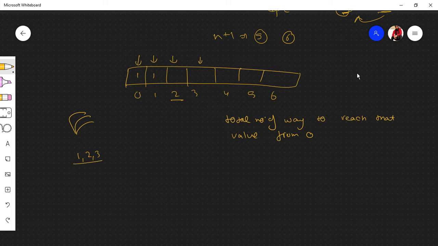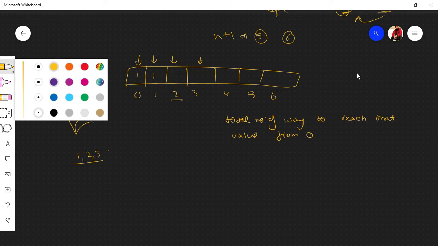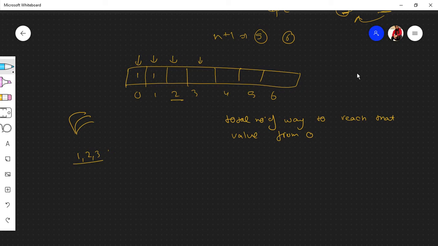So how many ways are there to reach 2? You'll either go directly to 2, or go 1 and 1. So there are basically two ways.